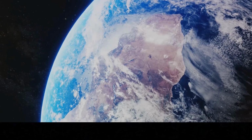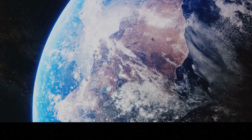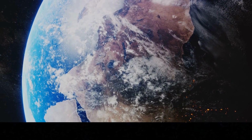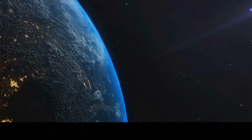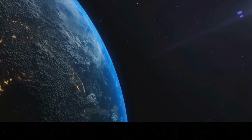Now, let's talk about our home, Earth. The third rock from the Sun, and the only known planet to support life as we know it. Earth's unique position, known as the Goldilocks zone, is just right for water to exist in all three states: solid, liquid, and gas. This, combined with a protective atmosphere and a magnetic field, creates the perfect conditions for life to